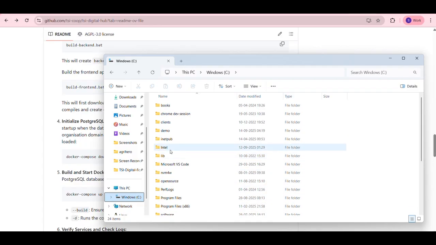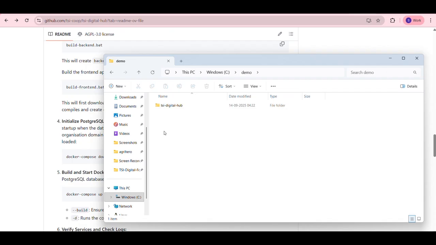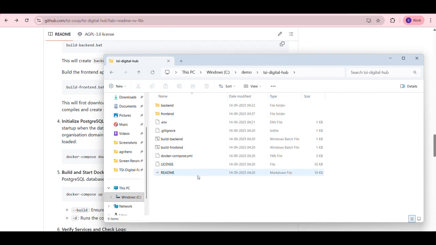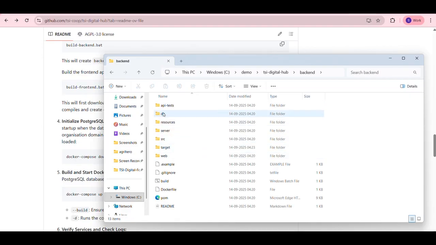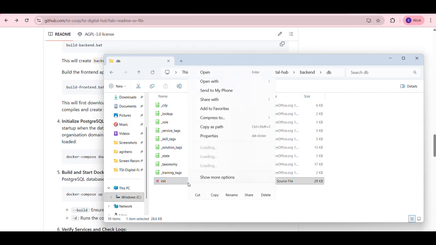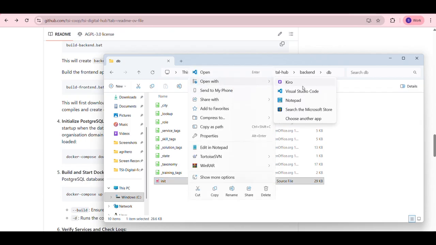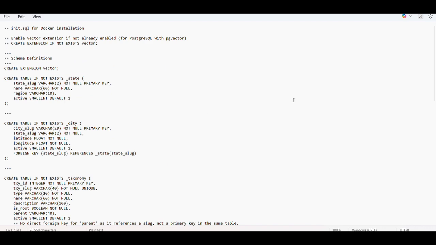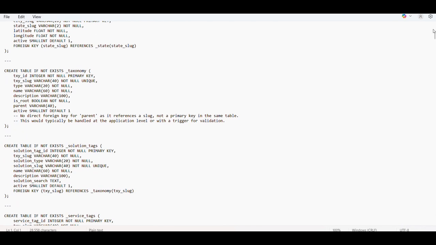Go to my demo. Go to backend. There is a folder called DB. This is where all the DB scripts are. And you will find an init file. You just have to open it up on my notepad, and if you go all the way down,